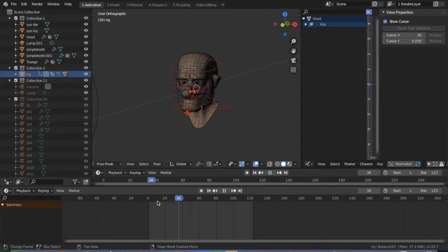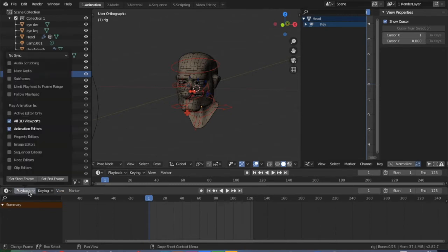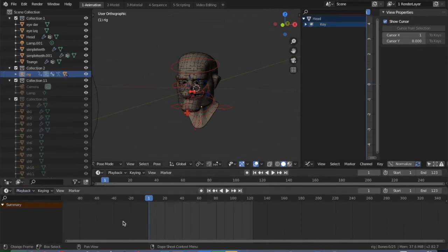Now, what I want to do in order to do a lip sync is I need to be able to scrub. I want to go back and forth so that I can really find the vowels. When you're doing any kind of lip sync, you really want to go for the vowels. So I'm going to come over here, and right there on playback up at the top, you'll see audio scrubbing. Click that, and now,